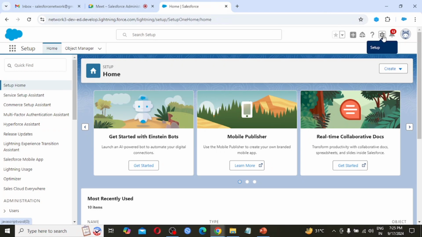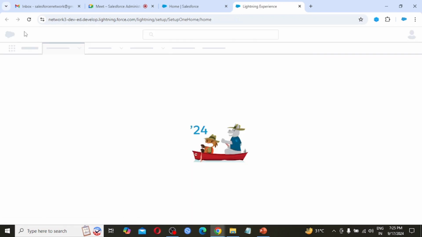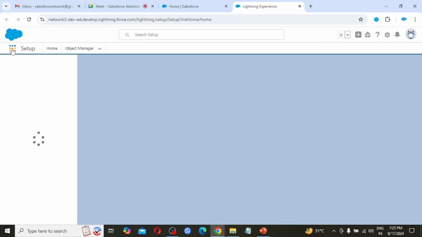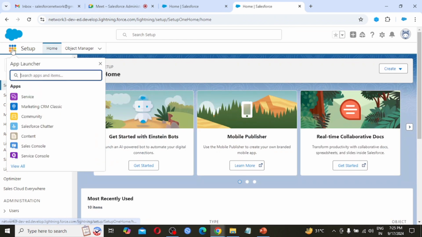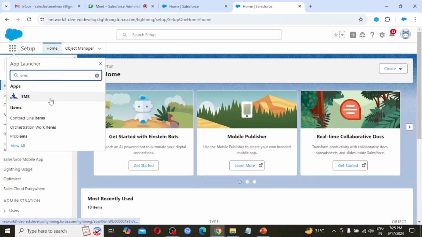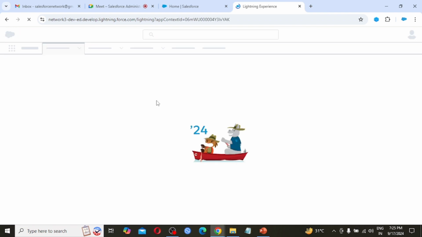Let's see where the employee object is represented in our application. We need to click on the app launcher and search for our application, that is EMS, employee management system. Click on this.